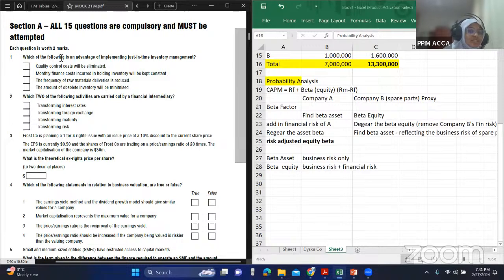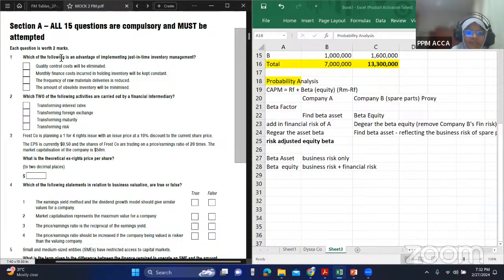Because we are going to now produce in smaller quantities, most probably. So if we produce in smaller quantities, the amount of raw materials we order also will be smaller. So then the number of times they come will increase. Okay, so C is the opposite. That is wrong. The amount of obsolete inventory will be minimized. That is true. Obsolete means inventory that we can't use anymore. So since we are trying to keep the inventory at a minimum, the chances of that inventory getting obsolete is very less. Okay, so the answer will be D over there.